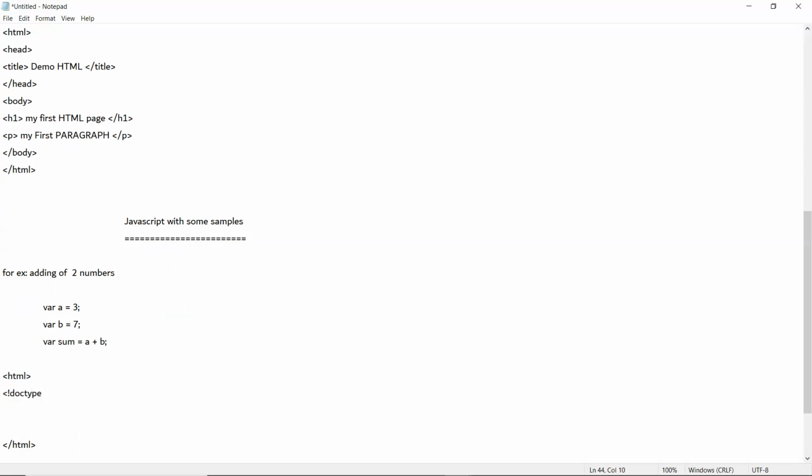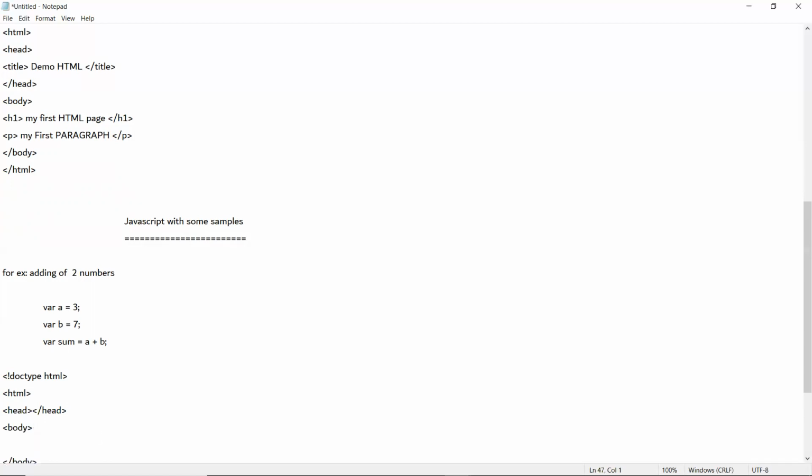If you want HTML5 support, you will use this way also. You can use anything. After doctype HTML, here you define head, right? And after that you will define your body